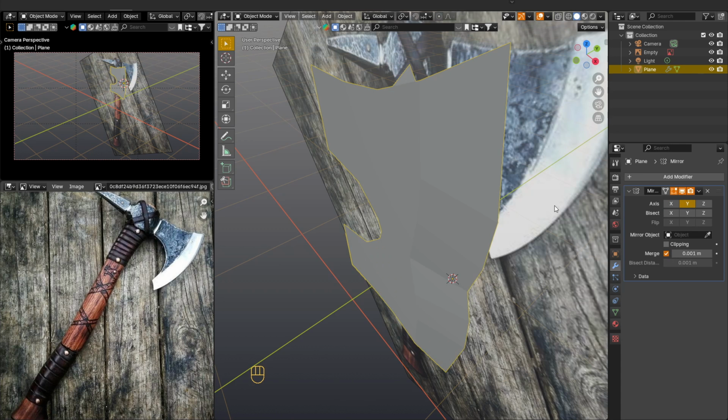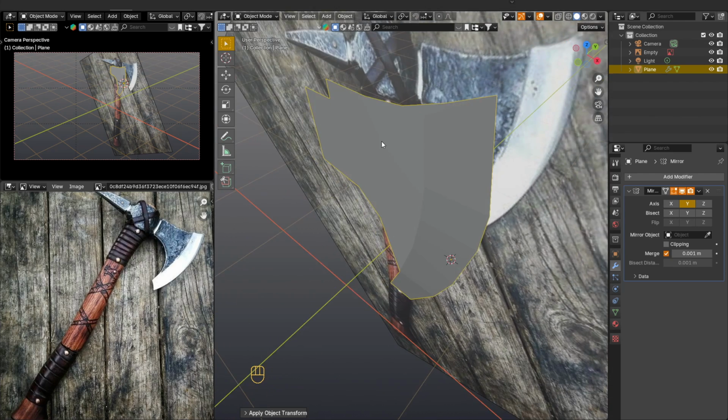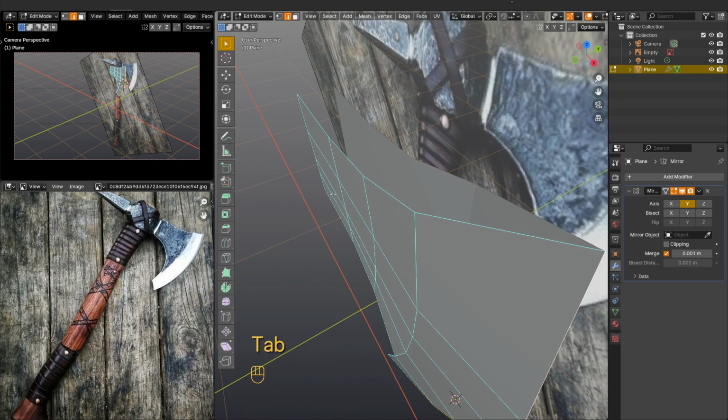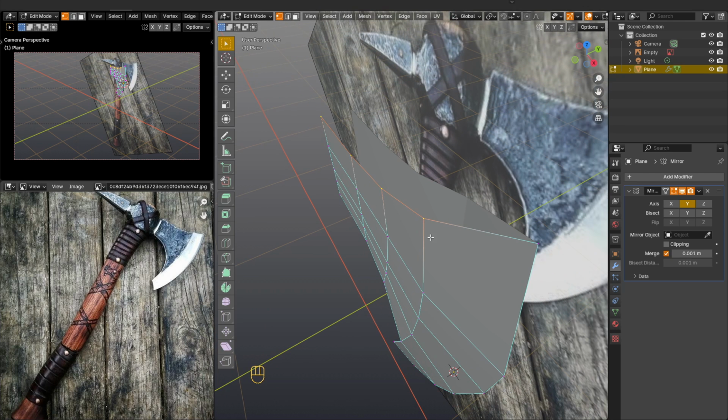So go to the modifiers, generate, mirror. We need to reflect the part along the Y-axis, but it will work when we apply scale and rotation. Next, we need to extrude the vertices, but do not forget to check the box next to clipping, then our vertices will be united in the center.